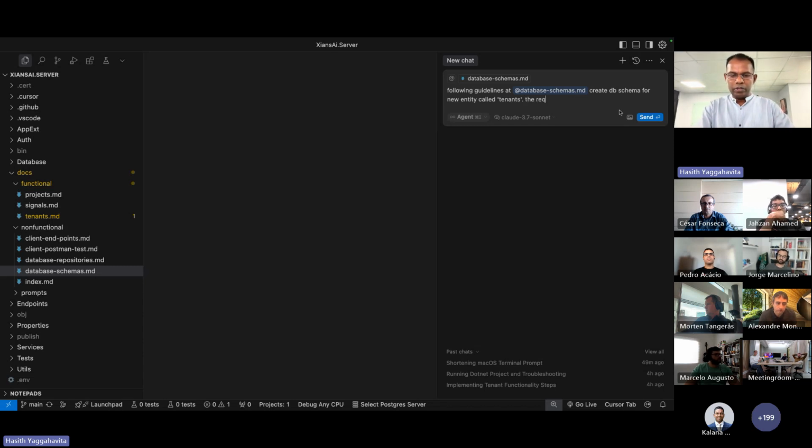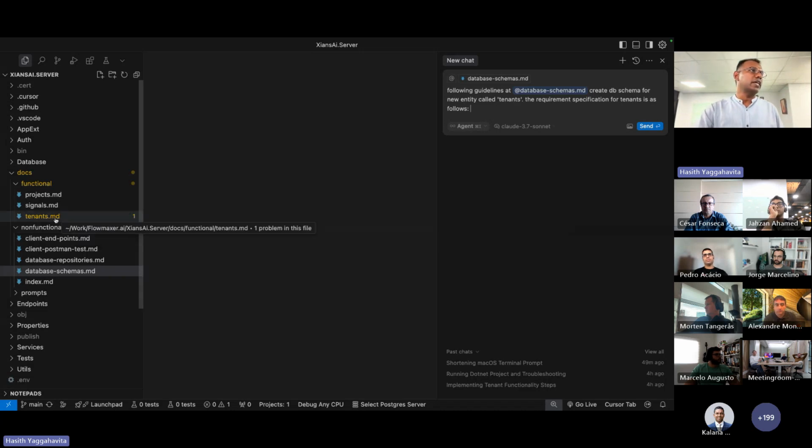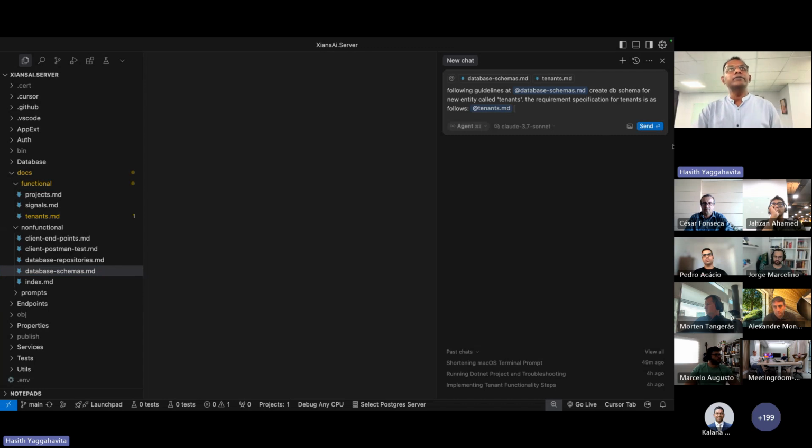The requirement specification for tenants is as follows. I can copy and paste it from Jira, but in this case, I simply have a file for this. And if I do this,